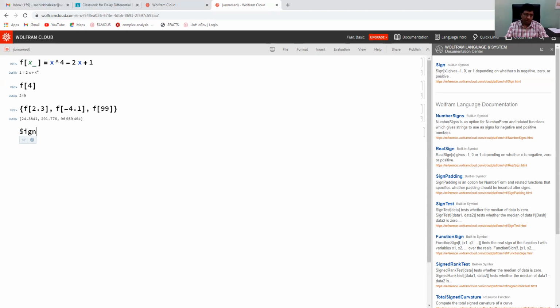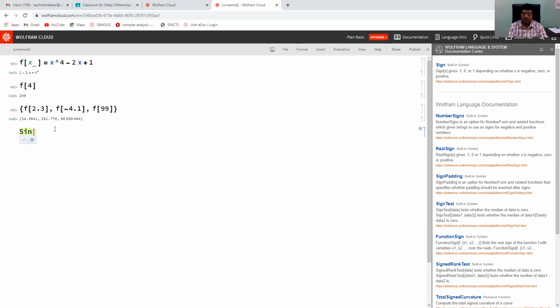Further, if you type some command, then here also you can find this button. If you click, you will get the syntax. Suppose you don't remember the syntax of some command, just click this, type that command, click here, and you will find the syntax and information in short. Anyway, we were interested in the sine function.